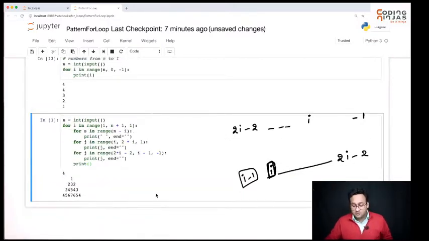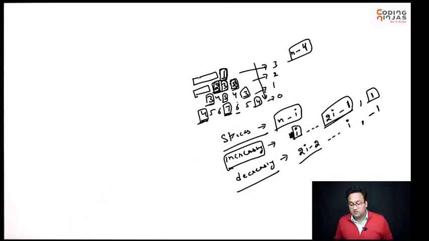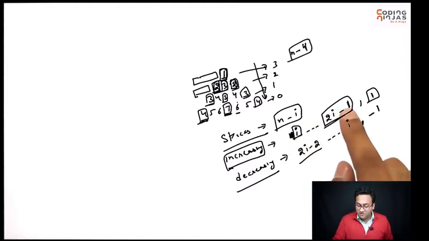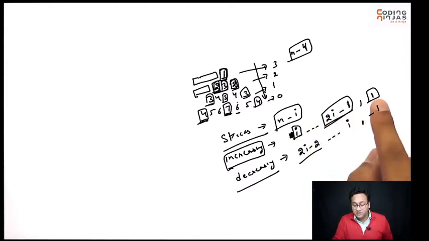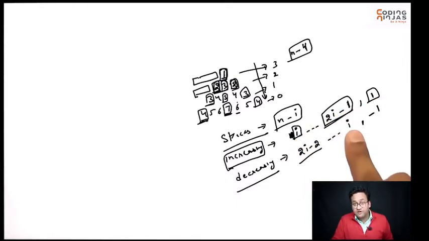So the tricky part was not this. The tricky part was this: figuring out where we have to start, where we have to stop, and what the step is. From where to start, till where we want to go, and what the step is. That was the tricky part. And once we have that figured out, things become easy. Okay? Perfect. Please practice a lot using these concepts, because the more you practice, things will become easier for you. Okay? Thank you.